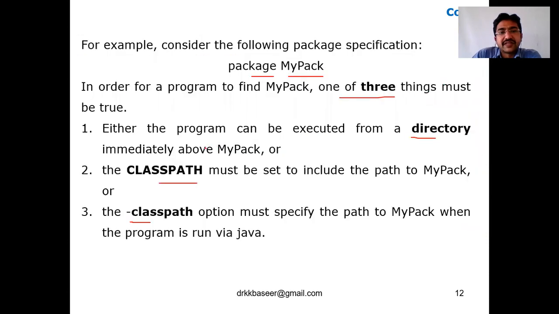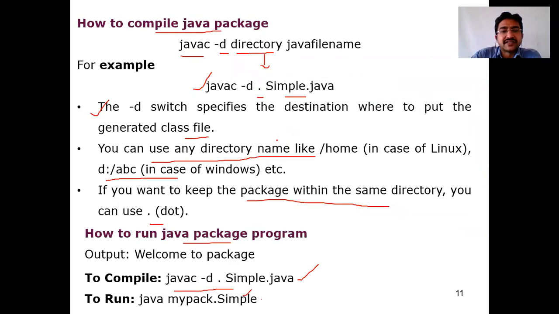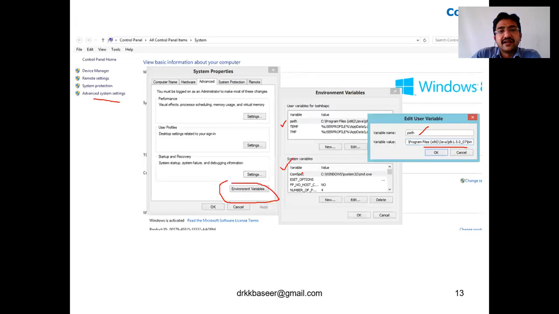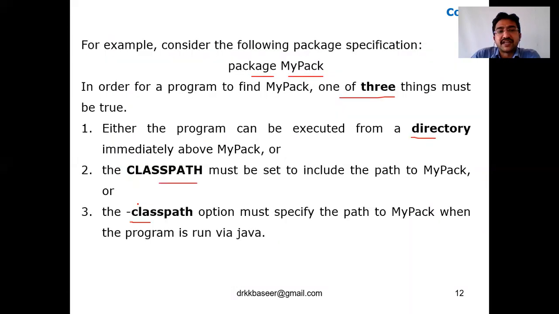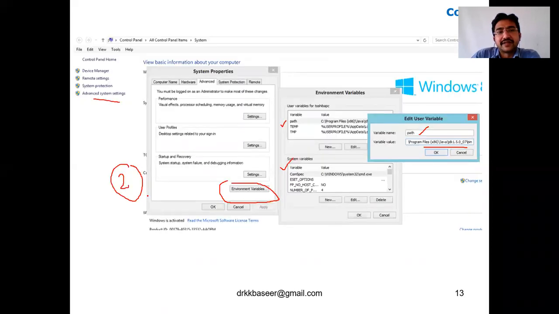Okay, so with the help of this, you can compile immediately like this. This is the first way. The second way, directly you can mention in the environment variables, like path. The third way, directly in the command prompt, use set classpath equal to, and mention the path name there itself. Okay, like this you can compile the program.